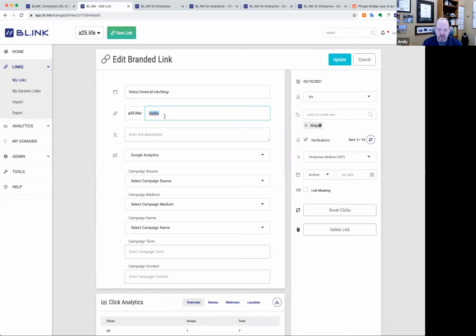But I can also update this. We support hyphens, tilde characters, underscores, etc. So there's multiple characters that you can use to create the taxonomy that works best for you. So to my knowledge, we're the only one that supports this in the keywords. So if you wanted to create that structure, we have some customers that create keywords based on language. So you might want to use EN, ES, FR, et cetera, depending on your language preference. Or you can keep